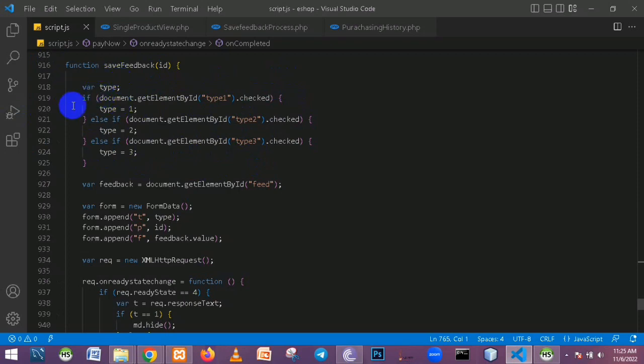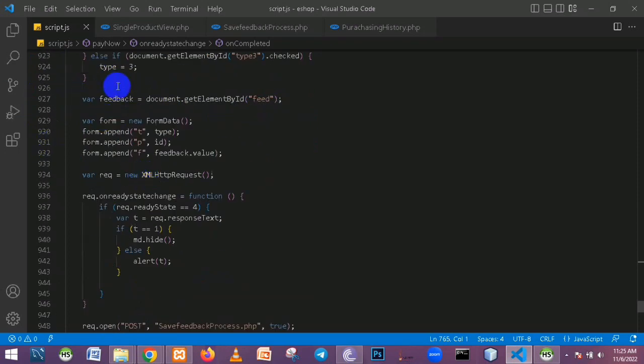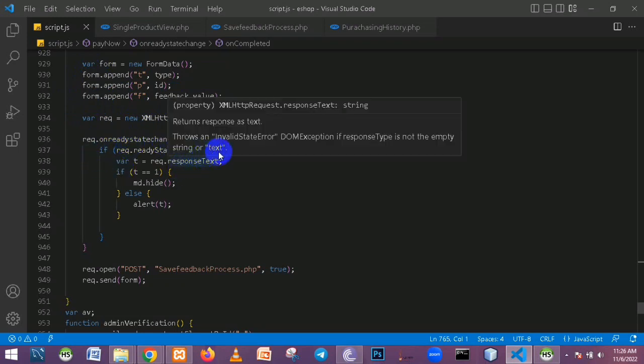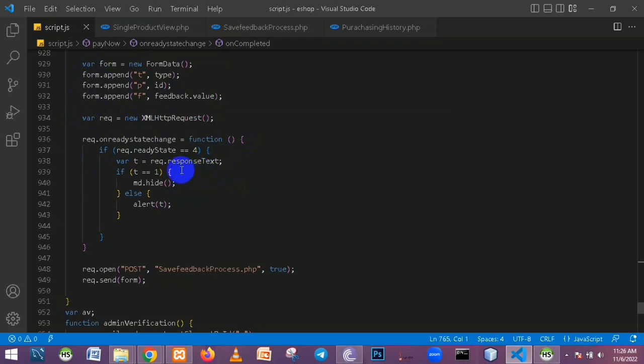and I need to make that type variable like a global variable. And we are making this feedback variable and assigning it to our feedback content. And now we are making an AJAX request form and making a new FormData object and appending my type, ID and feedback value to my AJAX request form, and making a variable request and assigning it a new XMLHttpRequest object, and checking our ready state, and if ready state equals 4, it is success. It comes to this line, and it executes response text. If our response text is success or equal to 1, our modal is hiding, and our